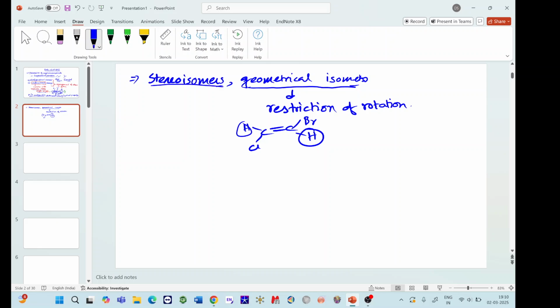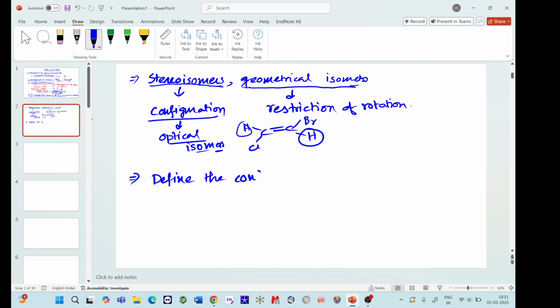And stereoisomers is also associated with your configuration, and especially optical isomers. Okay, this we can study later. So in this particular class, what we intend to define